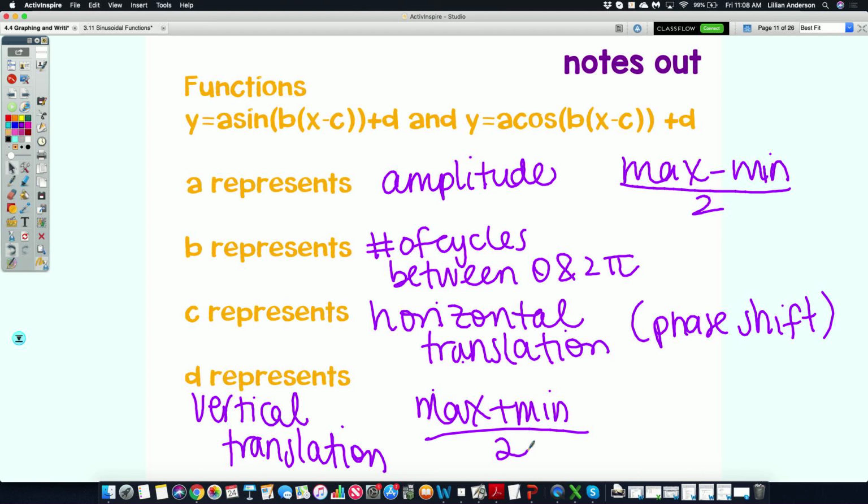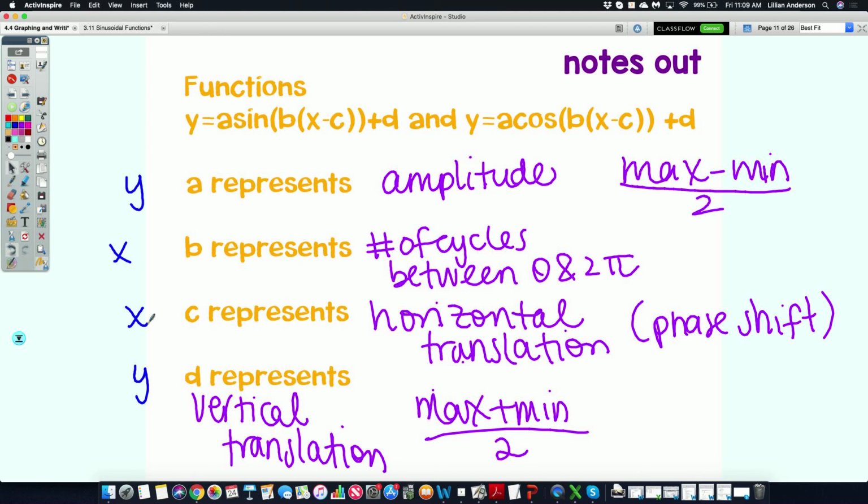Okay? So your A and your D affect the Y's of your graph, and your B and your C affect the X's of your graph. And by X and Y, I mean the actual coordinates themselves. Okay? So,